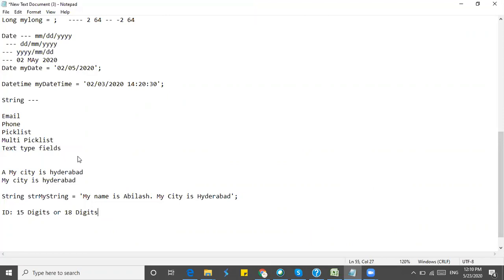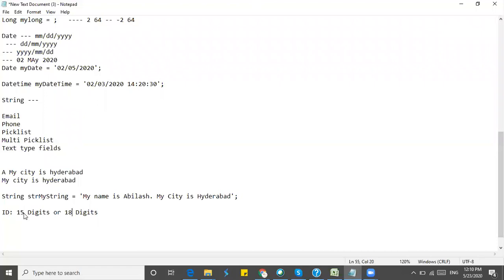But if you want to get a record from an external application using an integration, if you want to pass some ID and get a record, then you need to use 18 digits. So if you are using it internally in Salesforce, you can use 15 digits. If you are trying to get the record from an external system, you use 18 digits.